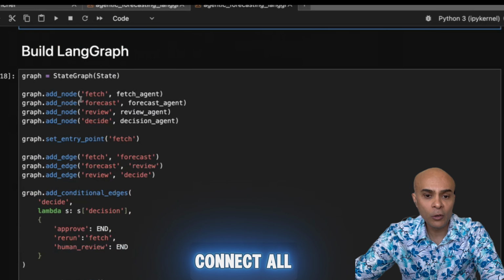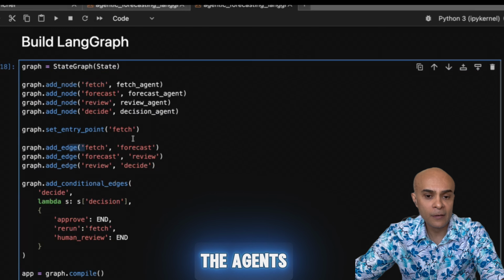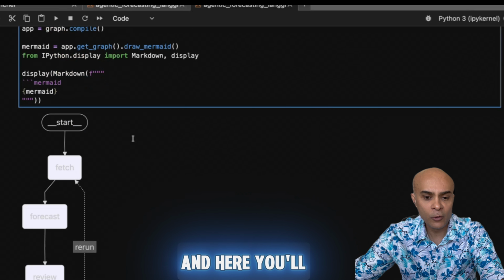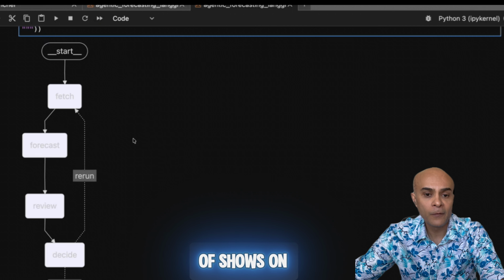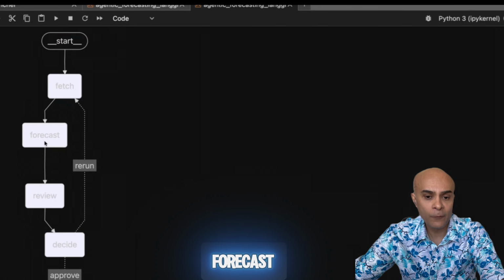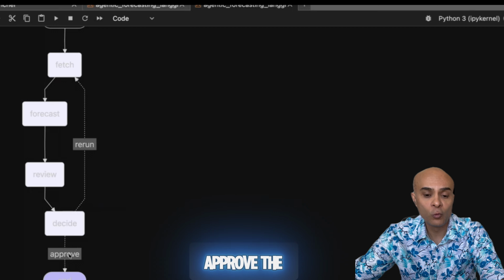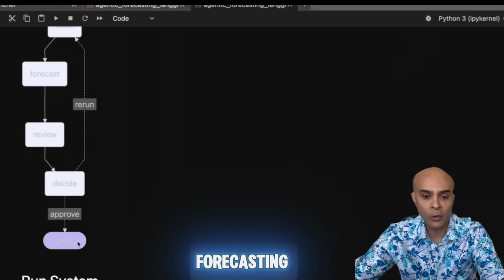Now you can connect all these different agents using LangGraph, and basically you have to declare each agent as a node. You have to connect all the agents using edges, and here you'll also see a graph which shows how this agentic process would work. So first of all you fetch the data, you make a forecast, you review it, and you decide whether you need to rerun or approve the particular forecasting process.